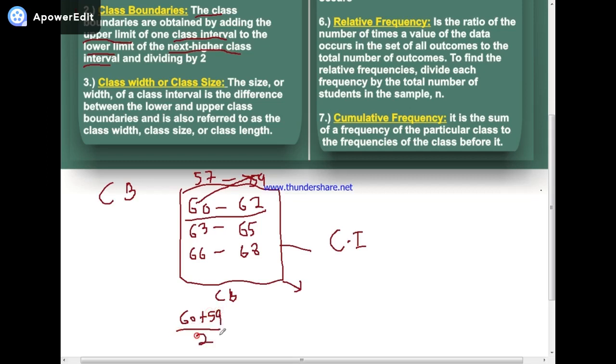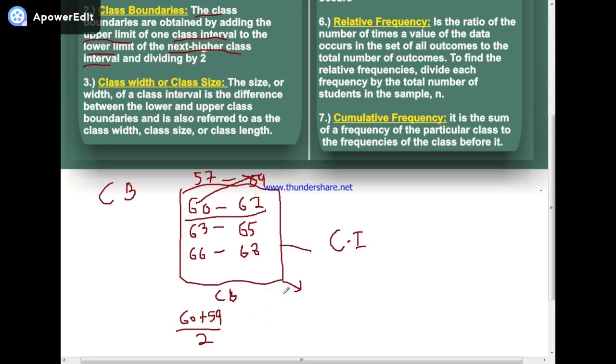So 60 plus 59 will be 119. Once we have 119, this will be 119 divided by 2. 2 in 11, that is 5, and 2 in 19, that is 9, so point 5. So that means our class boundary here will be